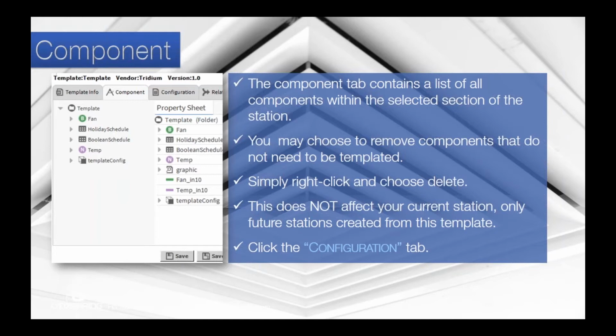Let's say you decided, oh, I actually need an additional schedule or an additional point here. You can also use your regular palette sidebar and drag them over into this space in order to add additional things in here that you might want to add. It's really open with what you can add here. So it's not only points and schedules and those big things, it's also any of your extensions that you would want to add. So if I want a history on that fan and it's not in my current station, I can go ahead and add one here.